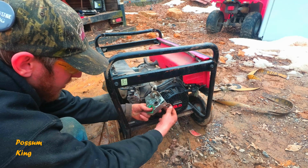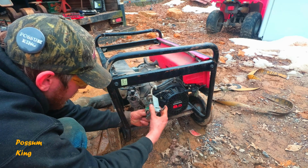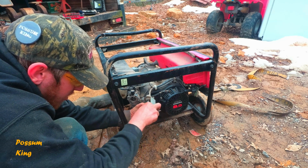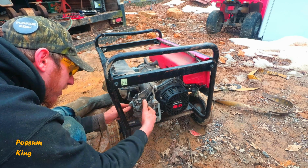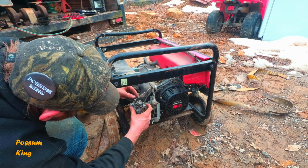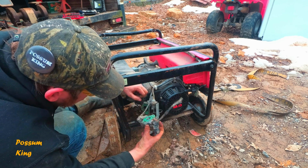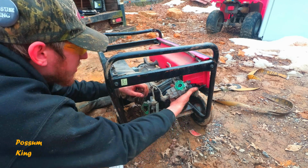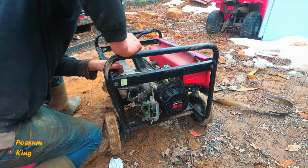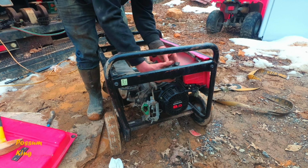Alright, this piece here goes down to this choke. Here, let me get this right. Okay, and here's the carb. Return spring. Linkage. Alright, got the fuel line off. And this is a little electrical something or another. It's taken apart. This piece comes off too. And that way there's a